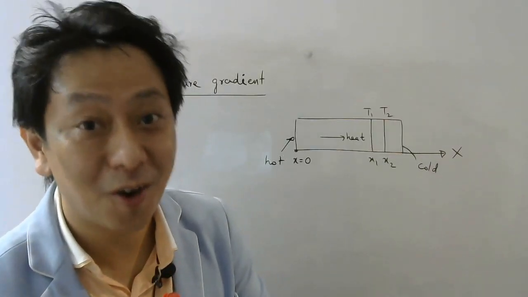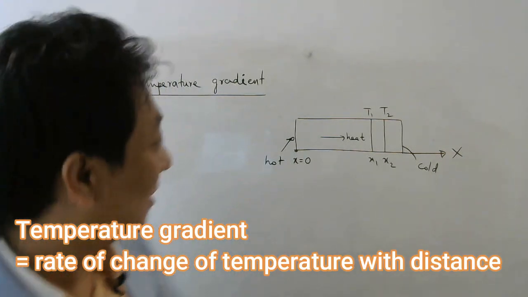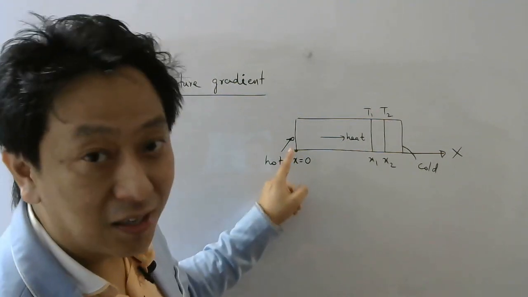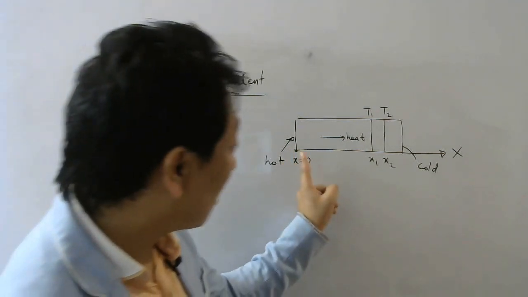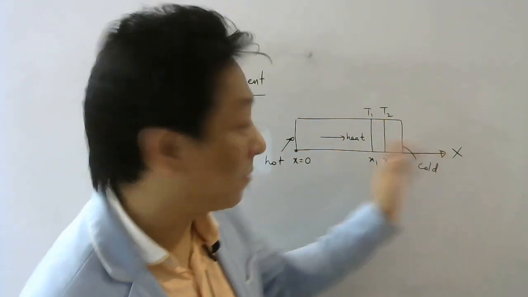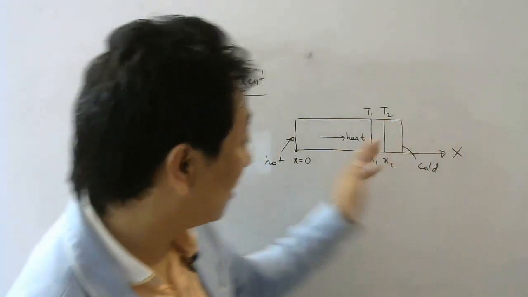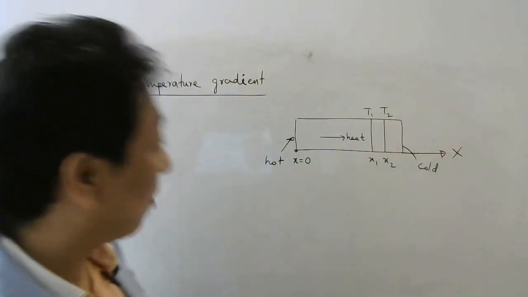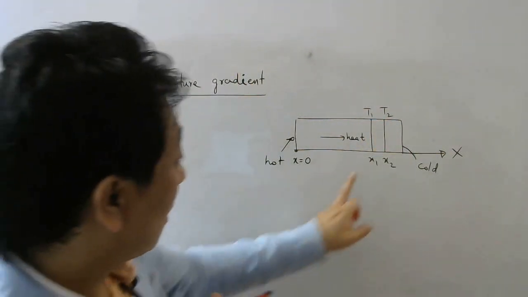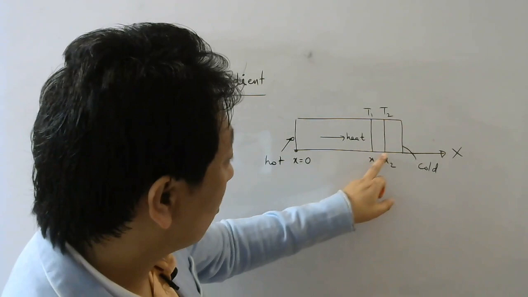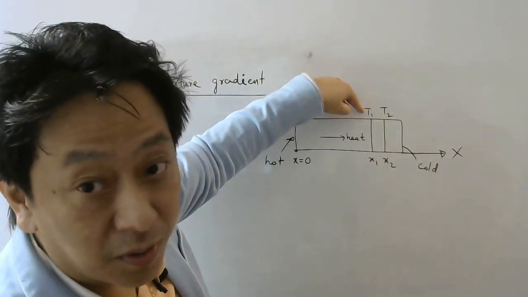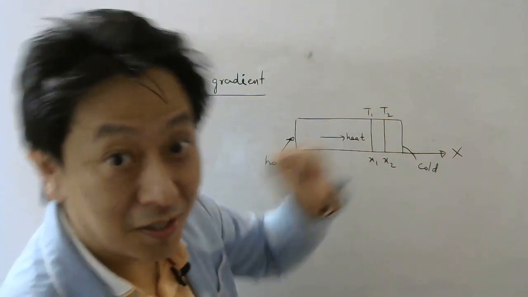Let us now learn about a concept called temperature gradient. So let's say this rod, I keep it in such a way that the hot end is at x equal to 0 and I attach here x-axis, so that as I move along x-axis, my temperature is decreasing because heat is flowing this way. Now, if I take these two sections which are nearby and the coordinate of this is x1, coordinate of this is x2, then since heat is flowing this way, this will be at higher temperature, this will be at lower temperature, isn't it?